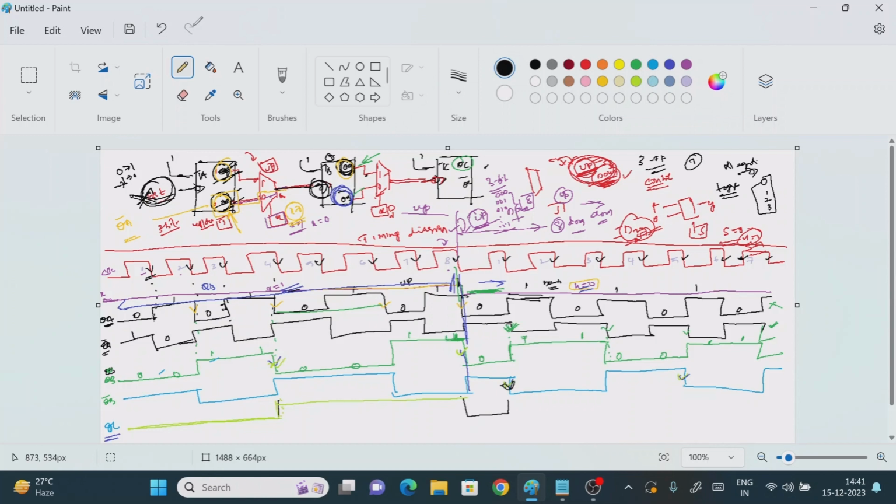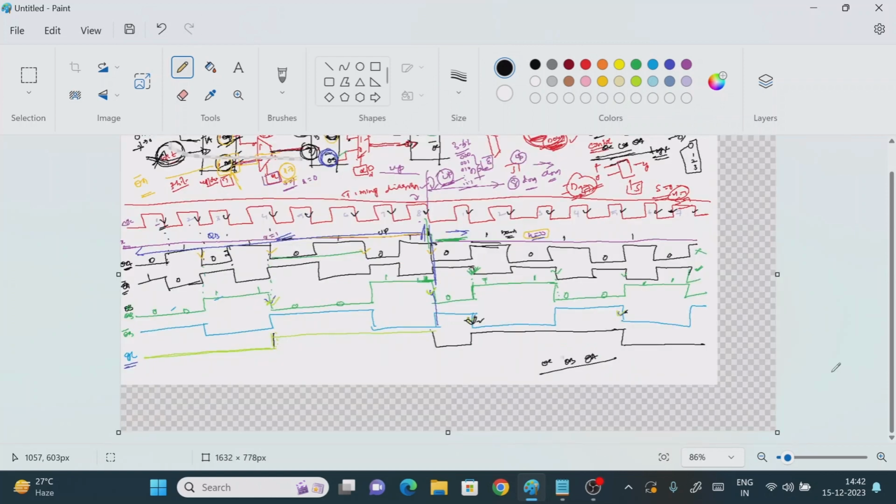After starting of the negative edge, if the previous value is 0, the next value should be 1, right? So it will go to 1, from the starting of the negative edge clock pulse to the ending of the negative. After 1 it will go to 0. Now we are going to consider the QA value, QB value, QC value, right? We are going to explain the operation using this timing diagram. So instead of taking the QA bar, QB bar, QC bar, I am going to take the QA, QB, QC value.